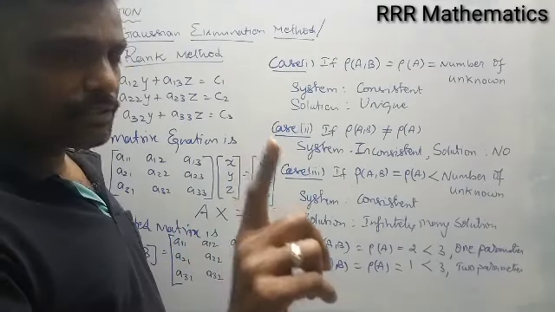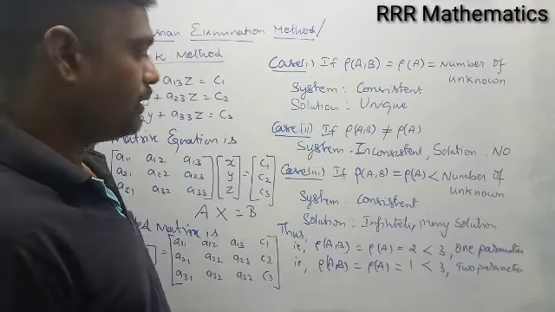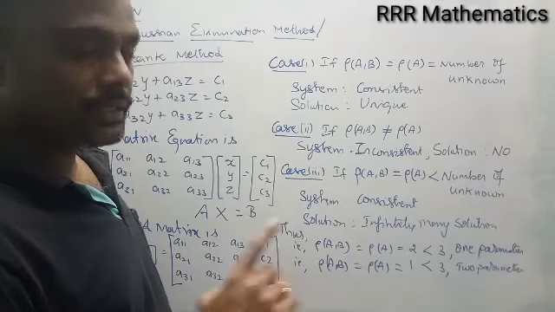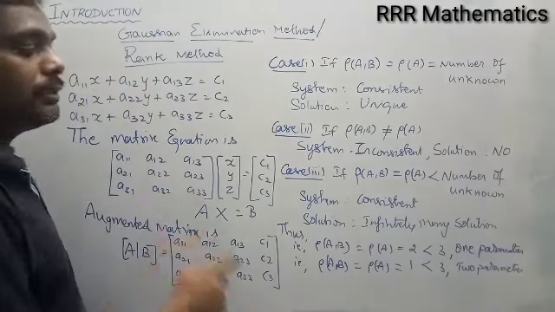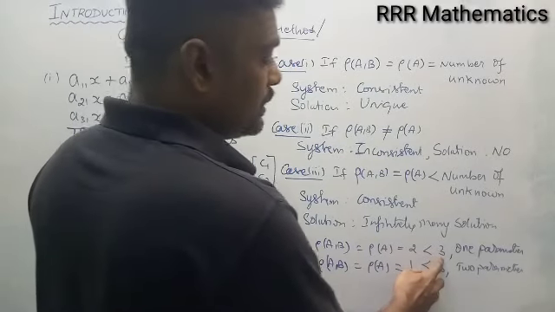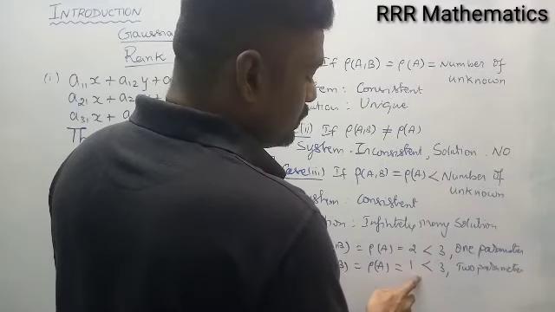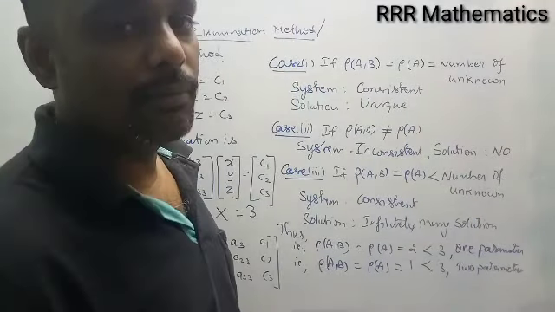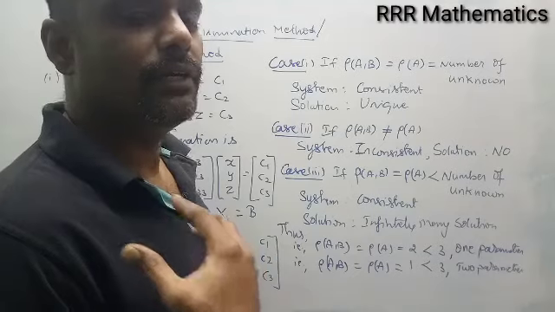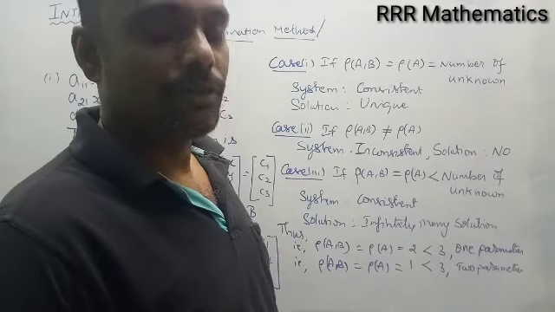These are the possible outcomes using the Gaussian elimination method. Unique solution: only one solution, so one way. No solution: these two ranks are not equal. And in this case, rank of (A, B) and rank of A are equal but less than the number of unknowns, where the number of unknowns is 3. The possibilities are 2 less than 3, or 1 less than 3. Compared with the number of variables, if reduced by 1, one dummy variable or one parameter will come. Reduced by two, then two parameters, two dummy variables will come. So in these two cases only, we say the solution is infinitely many, because we introduce dummy variables. By giving different values to the dummy variables, we get infinitely many solutions. Is it clear?